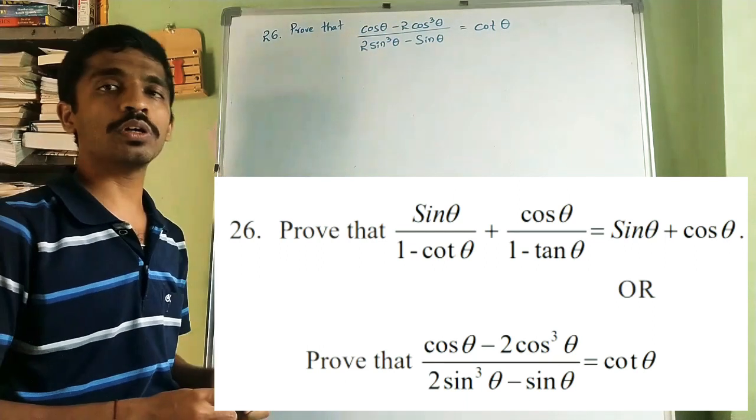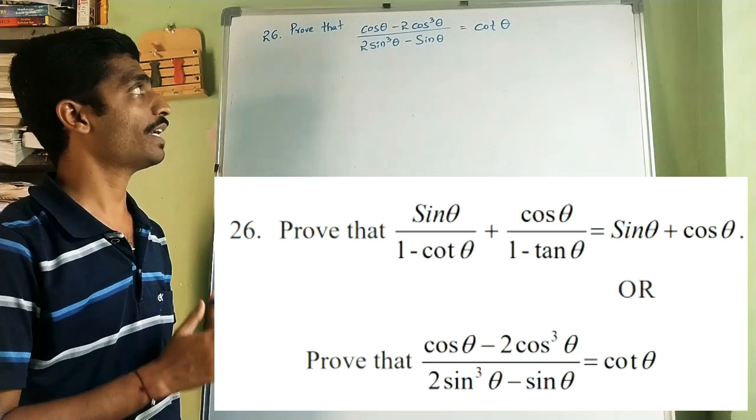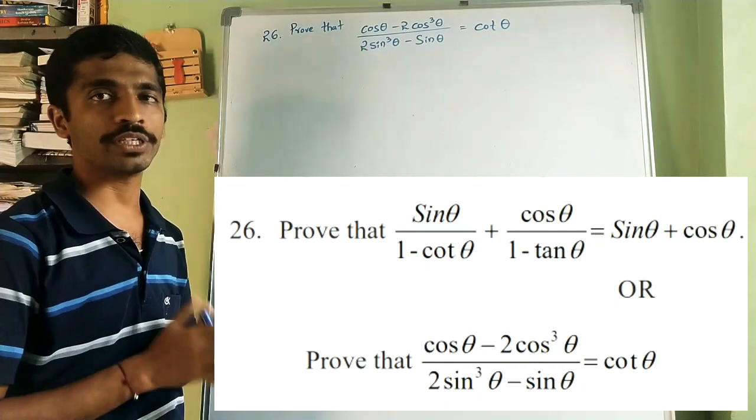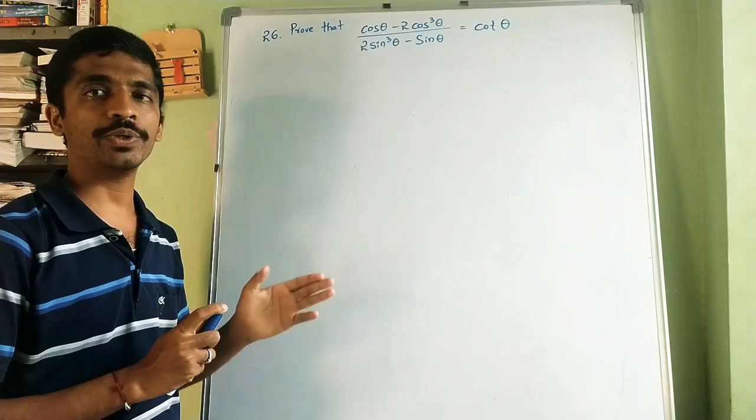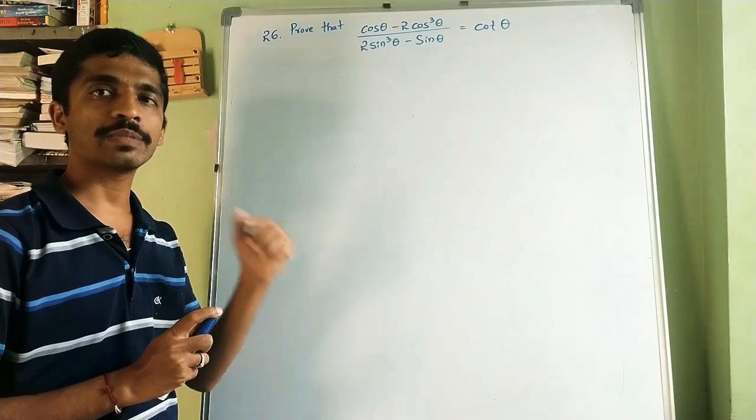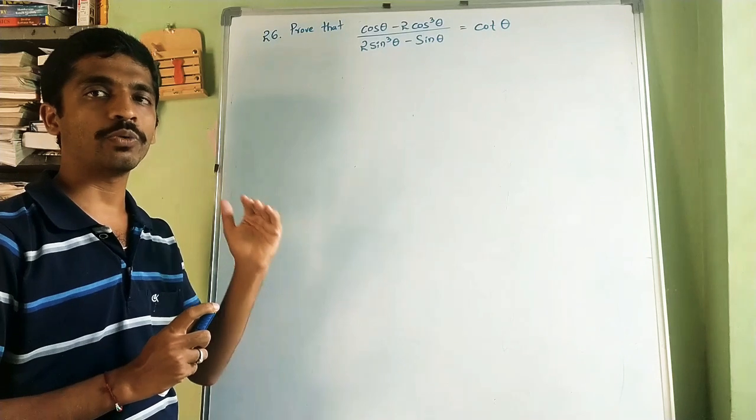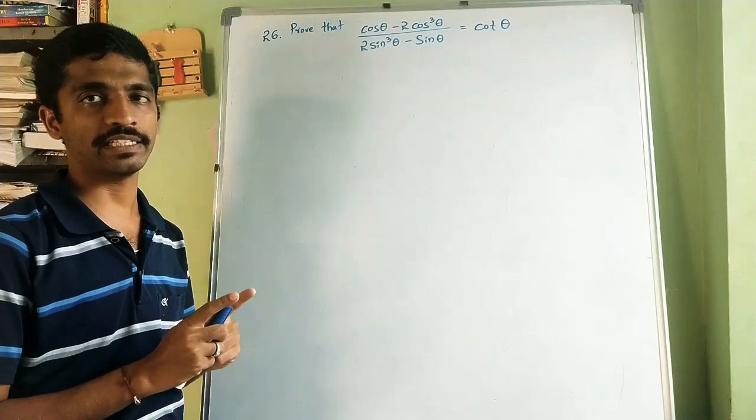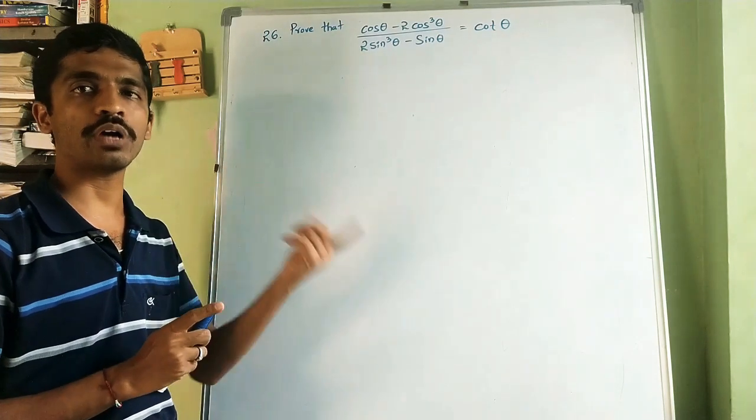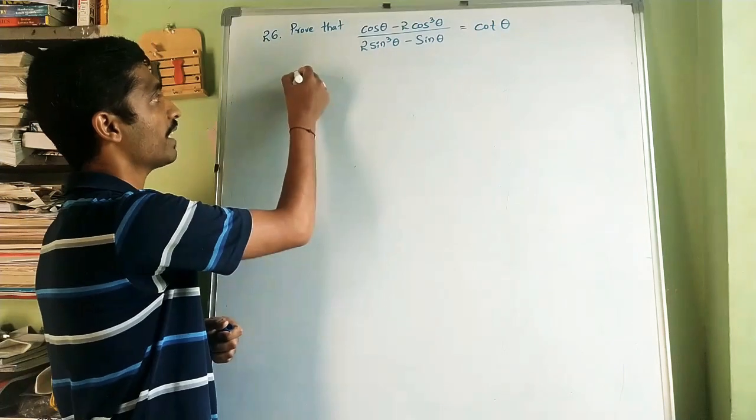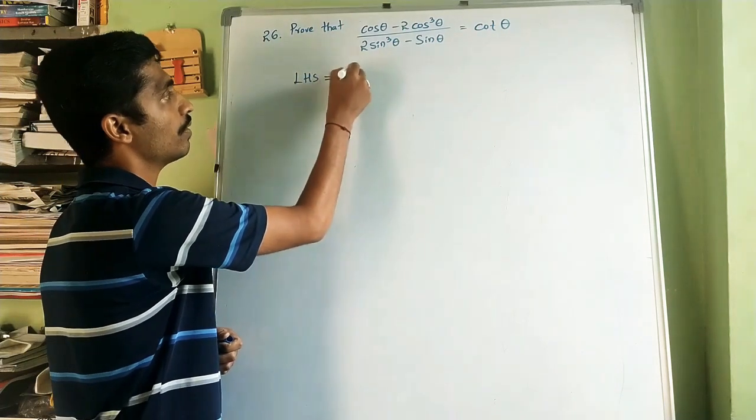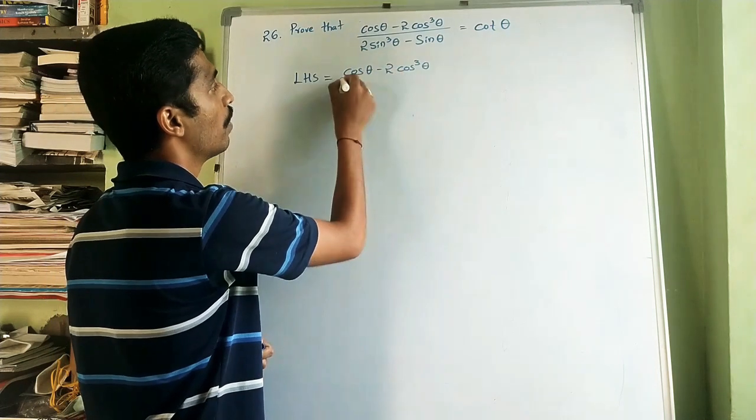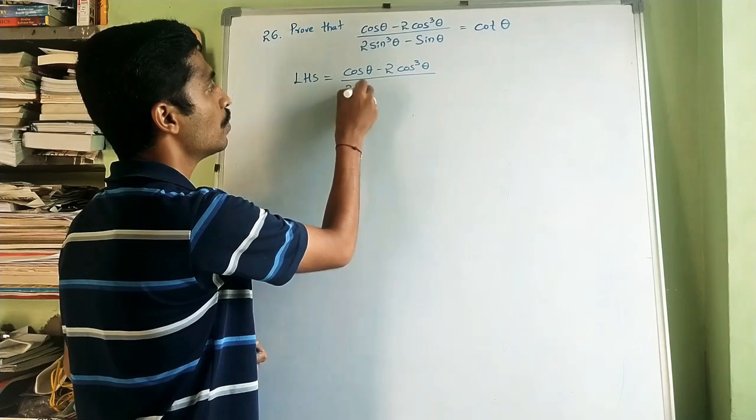cos theta minus 2 cos cube theta divided by 2 sin cube theta minus sin theta equal to cot theta. Already we know that cot theta means cos by sin. So we need only the ratio of cos theta by sin theta, and the remaining things we have to cancel here. Then we will get the LHS equal to RHS. So let's solve here. First I will take the LHS. LHS equal to cos theta minus 2 cos cube theta whole divided by 2 sin cube theta